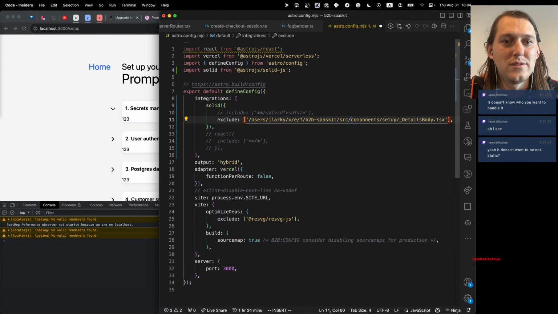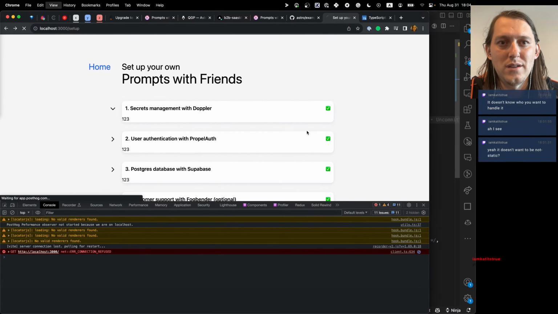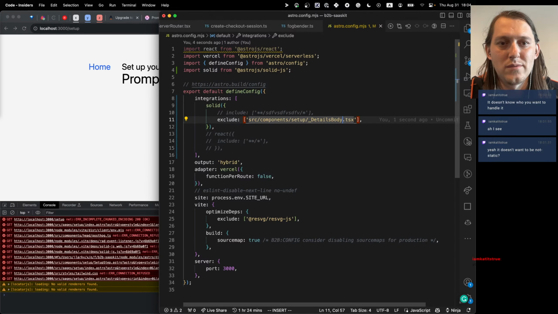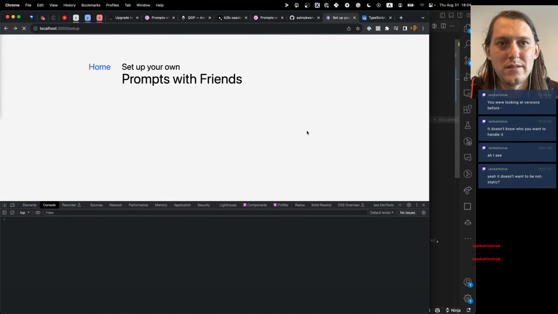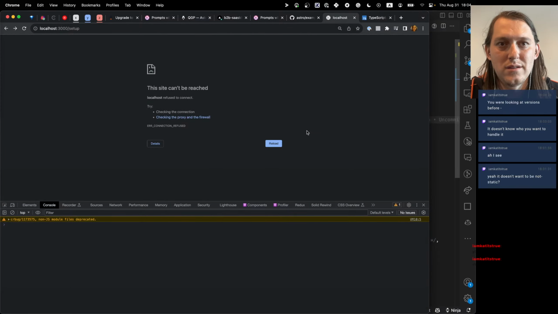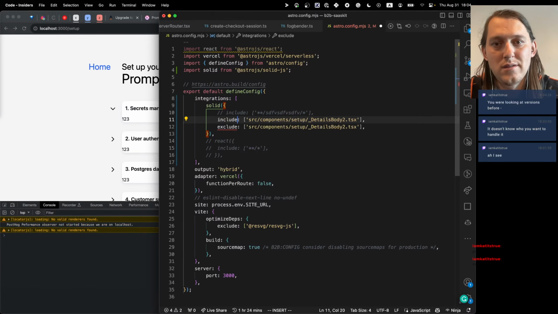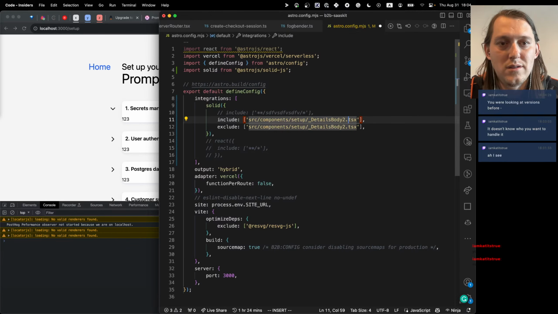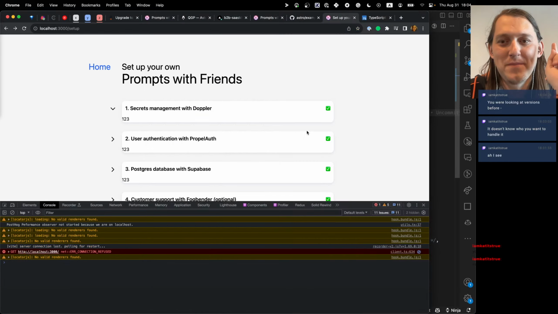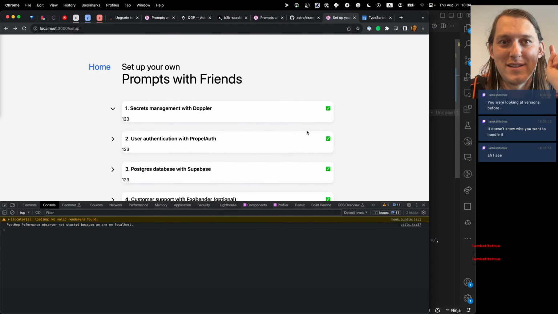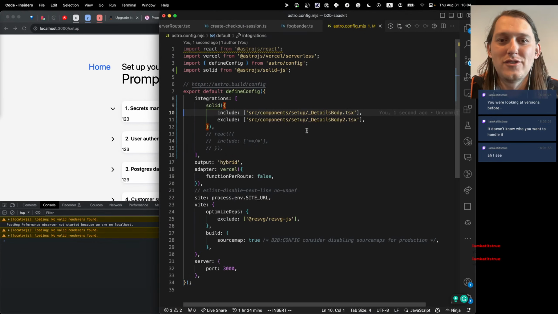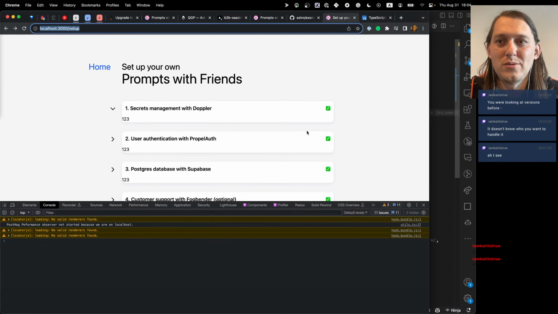Okay, so let's just figure out the syntax. Do I start with src? Yeah, so I changed the other file. It doesn't work. Okay, so now can I include this file? So I include just this one file. And does it work? Yes, it does. Okay, so now if I go to